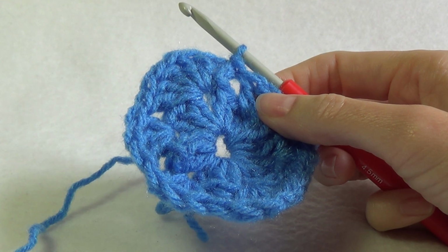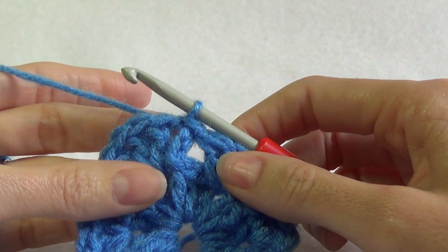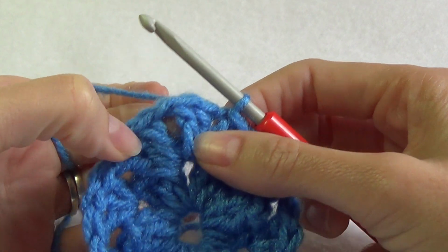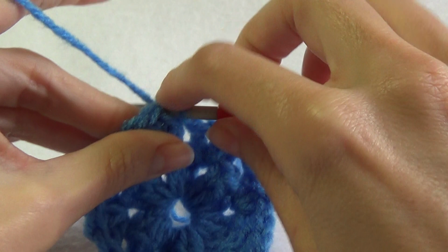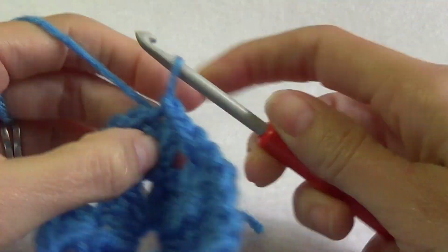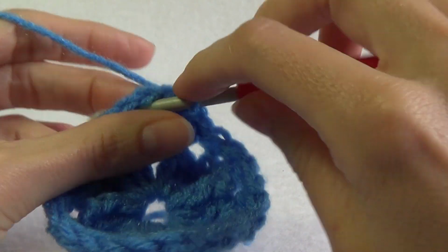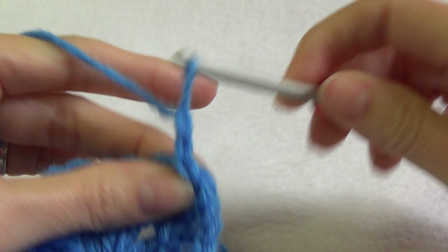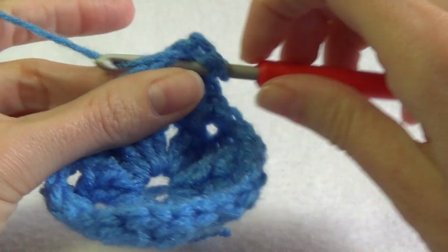Now what we want to do is work a few rows, and we're not going to be doing any increasing. So what we need to do is slip stitch over to this chain 1 space, because that was our increase. So there's a chain 1 here. So into the next 2 double crochets, work a slip stitch, and also into the chain 1 space, work a slip stitch, chain 3, 2 double crochets into that same chain 1 space,